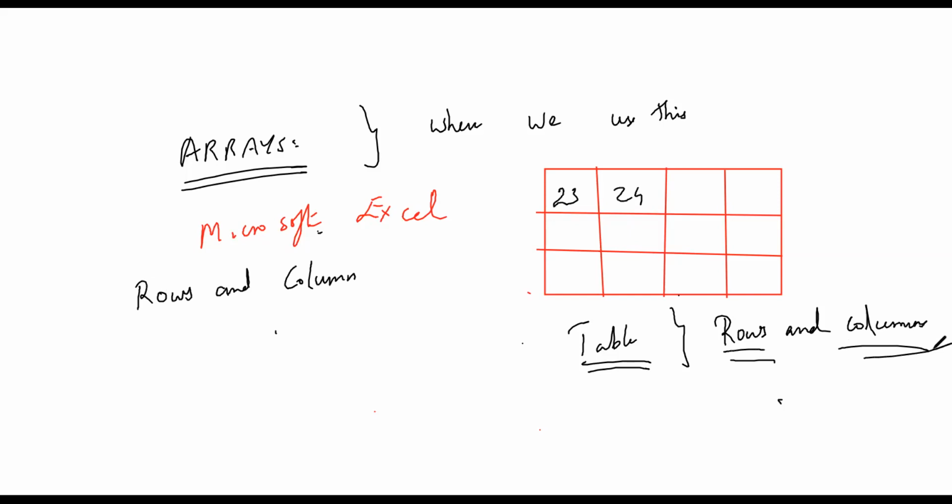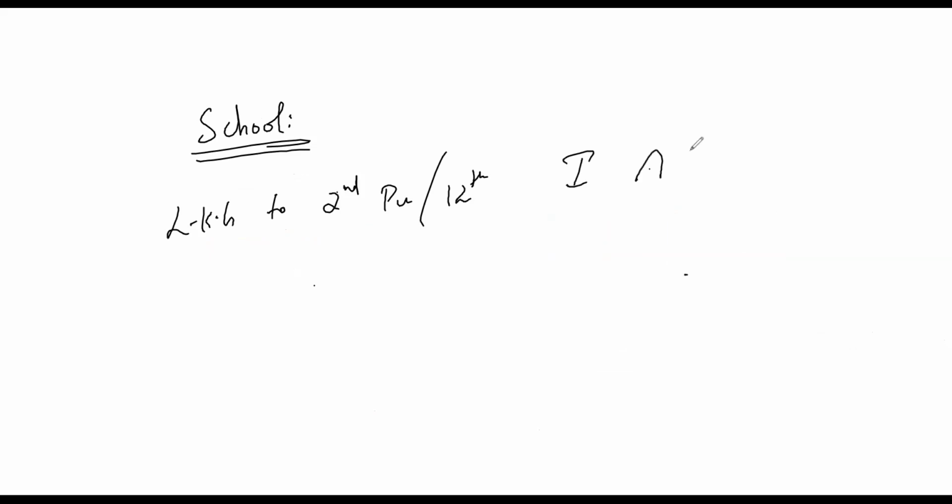One more thing. We will take the example of a school. So school has got, let's take from LKG to second PU or 12th standard. There are a lot of students data, so they have to segregate each thing. Like first standard, there are three divisions, A, B, and C. Name of each student, in section A, name, roll number. I'll draw it in tabular column, then it will be more comfortable for you.